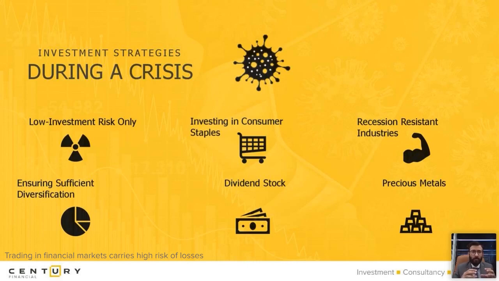Don't invest in the Apples and Facebooks, because during a crisis or a recession we see the companies which are much more non-cyclical in nature. When I say non-cyclical, that means, as I said, Campbell Soup, Walmart, the Kroger company, the convenience stores. They continue to provide numbers. They continue to provide the sales, right? And in fact, some companies which are making more juices during this pandemic have shown a decent amount of profit. So you need to be smart. You need to pick the right business for the right situation, right?